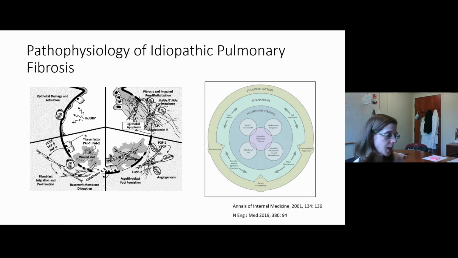So in the past, we had felt that IPF had an inflammatory component, but more and more information has become available in the last 10 years or more to suggest that there's very little inflammation associated with this disease at all. In terms of the pathophysiology, what is suspected is that there's an injury to the pulmonary epithelium, and rather